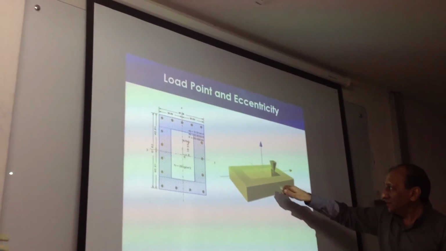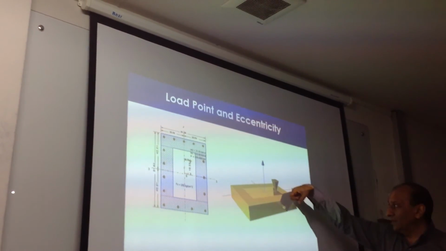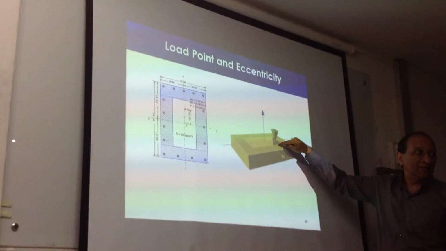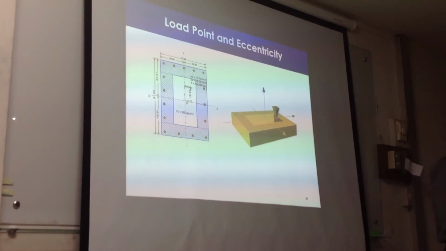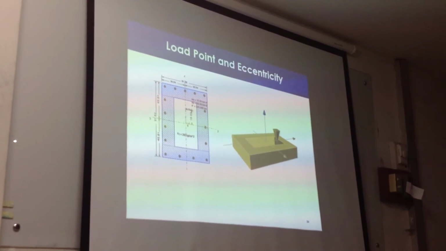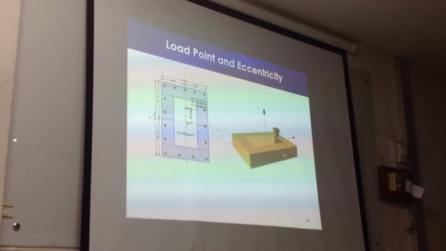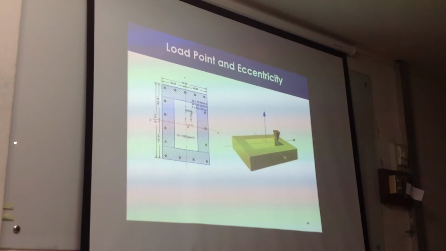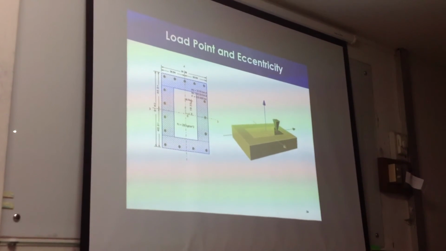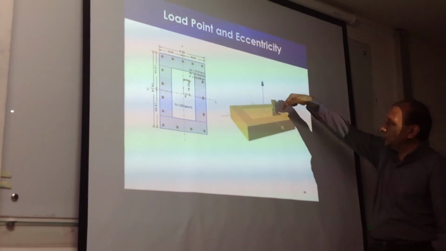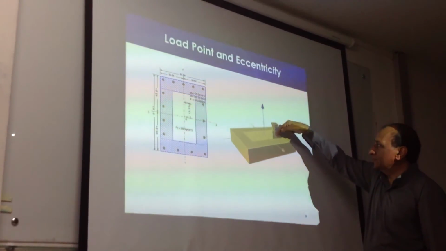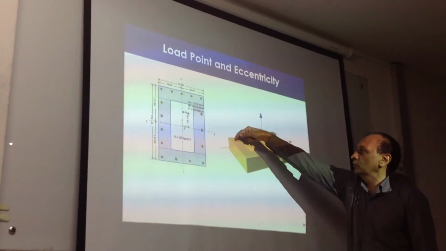If you apply moment, it will shift to this direction. If you apply more moment, it will shift there. So the distance of this from the axis depends on the moment. That means eccentricity of the load depends on the moment and load, right? So M divided by P gives you eccentricity. So the location, you can visualize that as the moment comes, basically the point of application of load is shifting